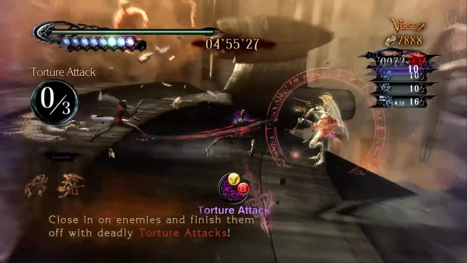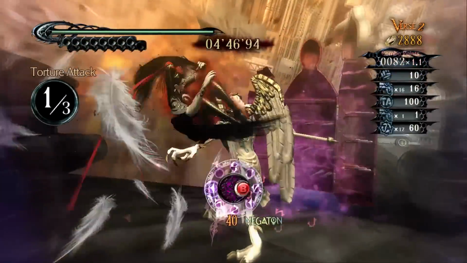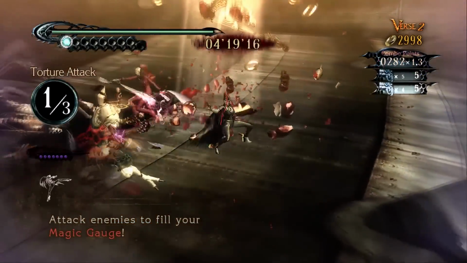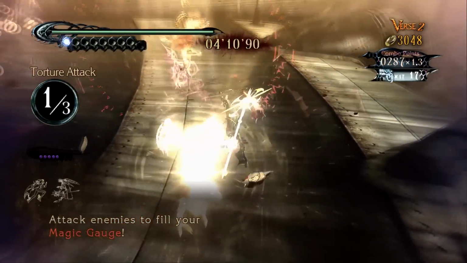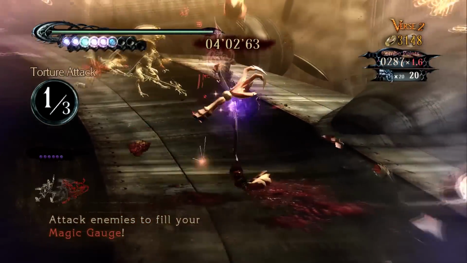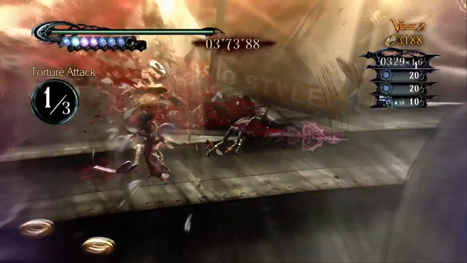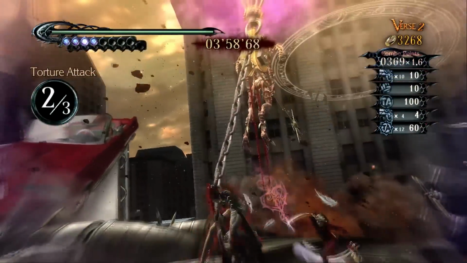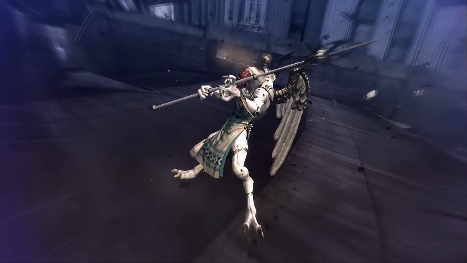The main draw of Bayonetta though has to be its combat system. It's fast, frantic, and so satisfying, playing a lot like director Kamiya's previous game, Devil May Cry. There's combos to master, melee attacks combined with long distance gun attacks, and a variety of other weapons including chainsaws and Iron Maidens. There's special attacks, torture attacks, and plenty of things for you to summon to do the hard